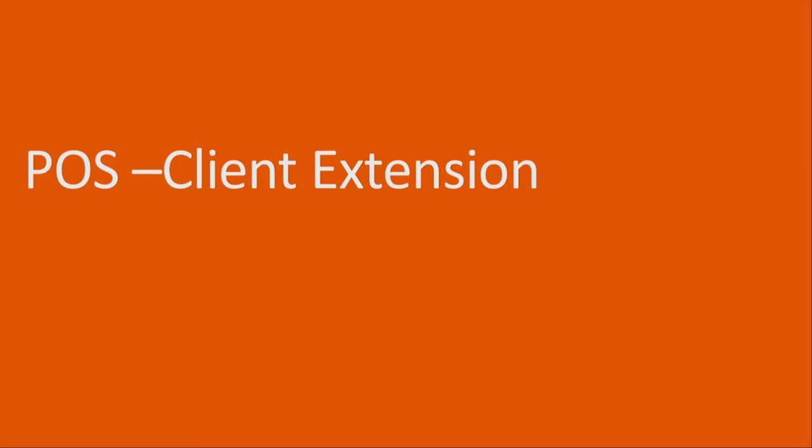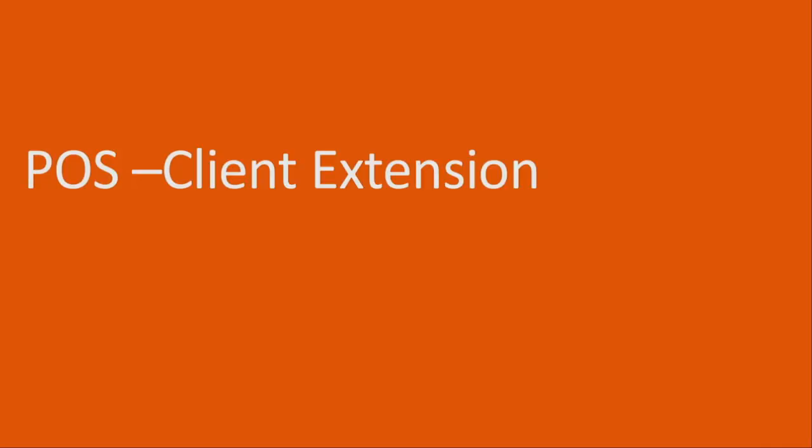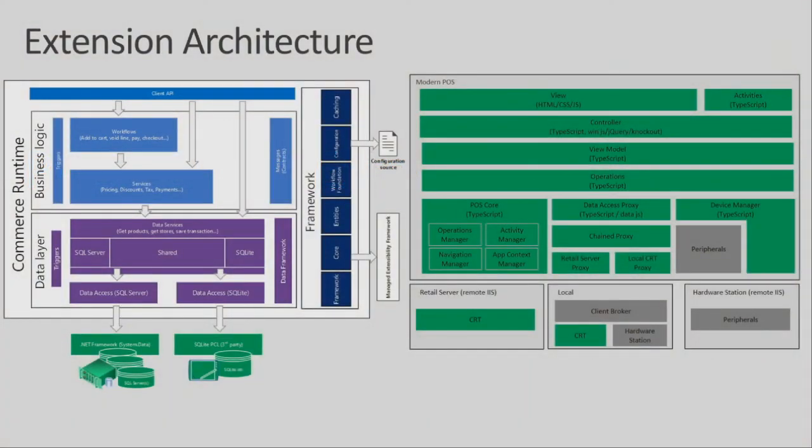Okay, so now let's talk about the POS client extension. So this is the new extension architecture. This is applicable only from the July 2020 release. So previously, if you wanted to customize, say, one of the POS views, if I want to change something, you would have directly taken these views here in the POS architecture and then taken the exact source file, and then just added a new column, gone to the HTML file, added a new column, right? That's how you would have done customization.